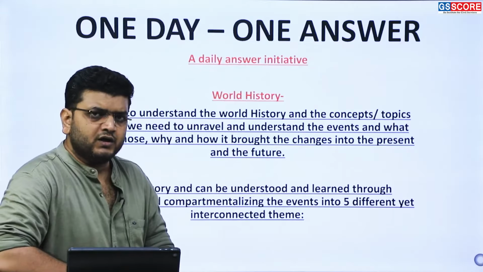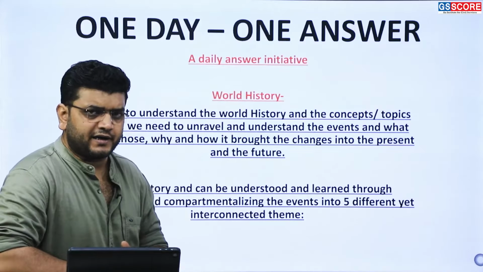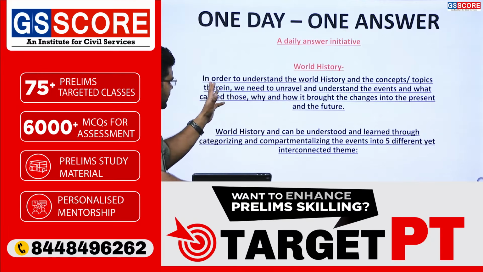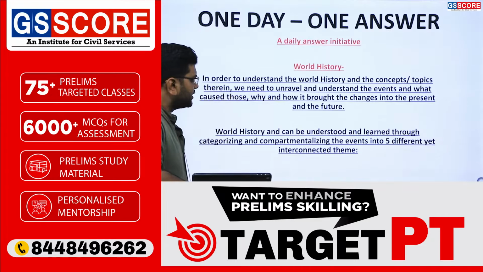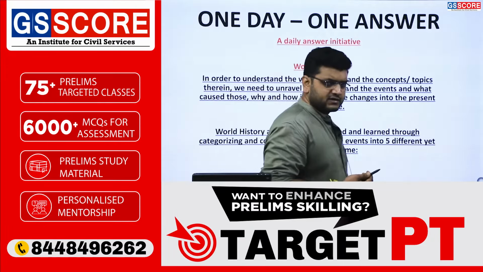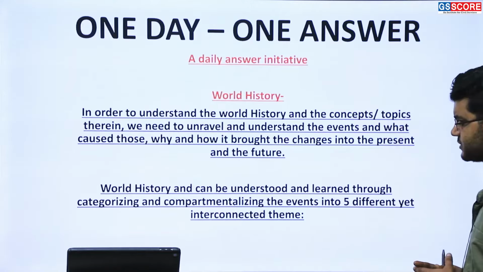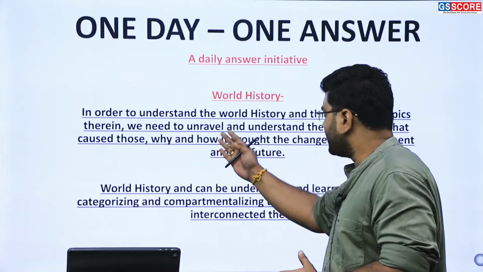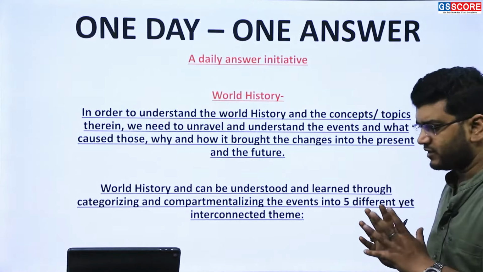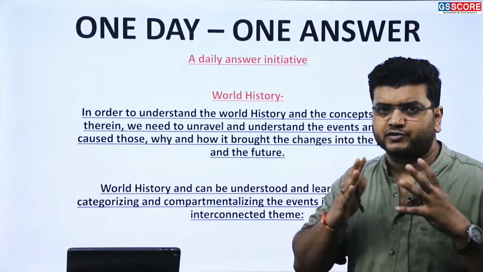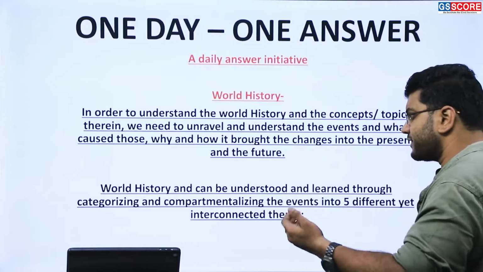But first thing, while reading world history, we must have conceptual clarity. For that conceptual clarity, as you can see on the board, in order to understand world history and the topics therein, we need to unravel and understand the various events which happened in the course of time, and what caused those events, why and how they brought changes into the present and the future. This will help us frame a broader context to understand world history, because history is read from the background. History ko read kaise karte, peeche se lekar aage le jaate hain,